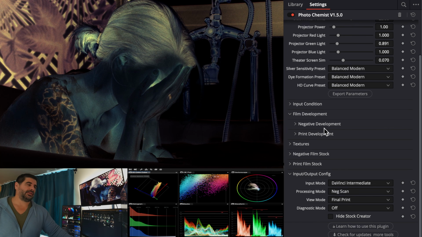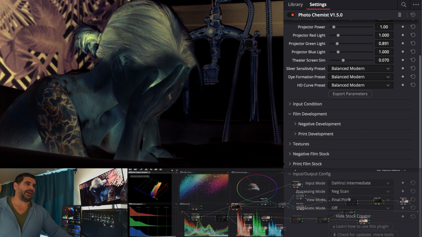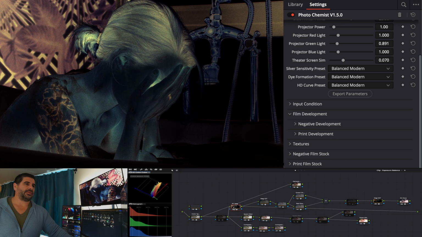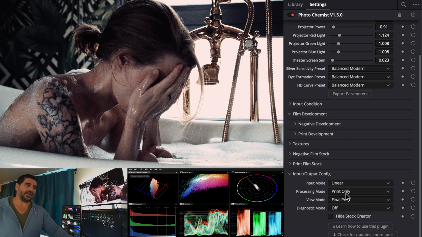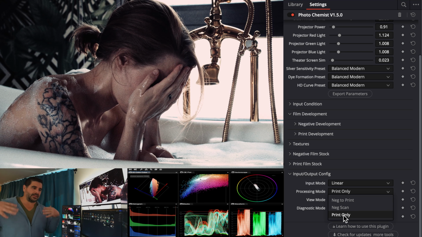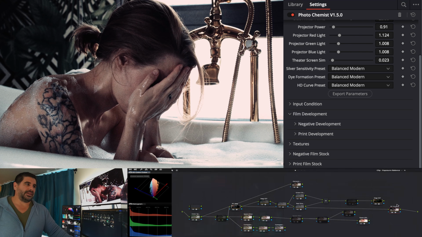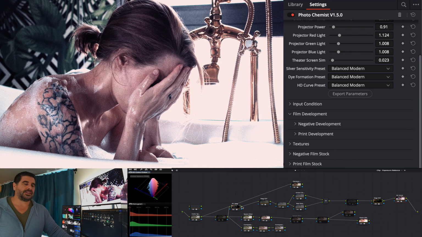This is cool and everything. The problem is we can run this and bypass all this and split this, you can see here, into two nodes. And what we have now is the same thing. It's a one-to-one, but we switched it to print only. So neg scan and print only, it's just breaking this into two pieces, and you're able to do stuff in the middle. The problem is, and we'll see in a second, if we go back to just running this out,